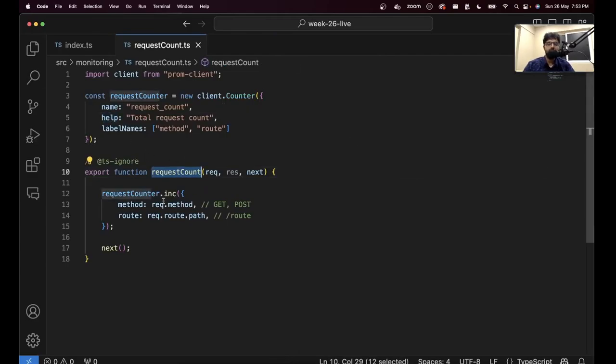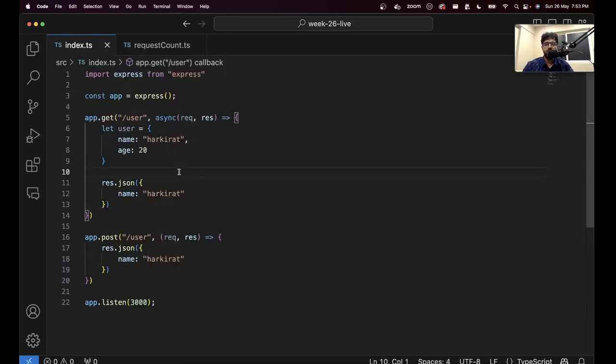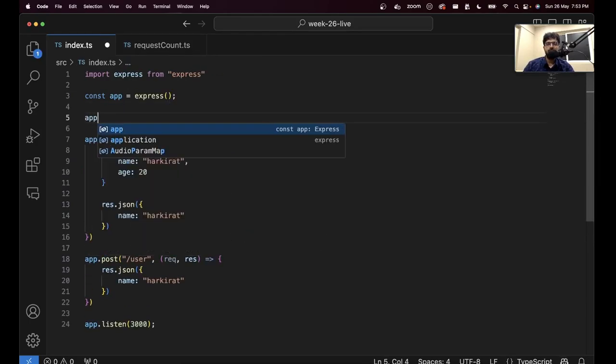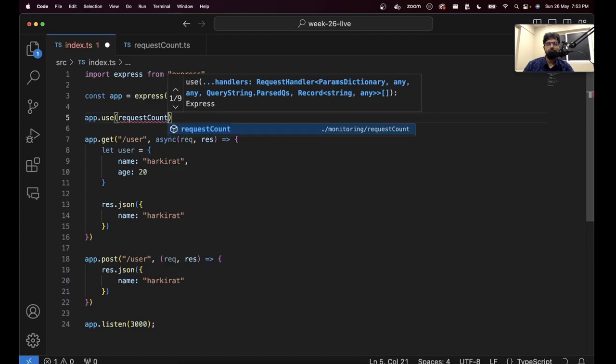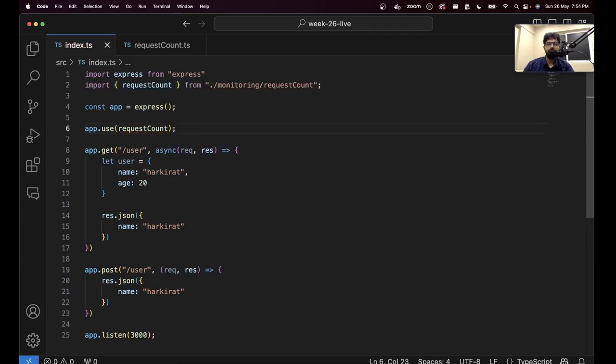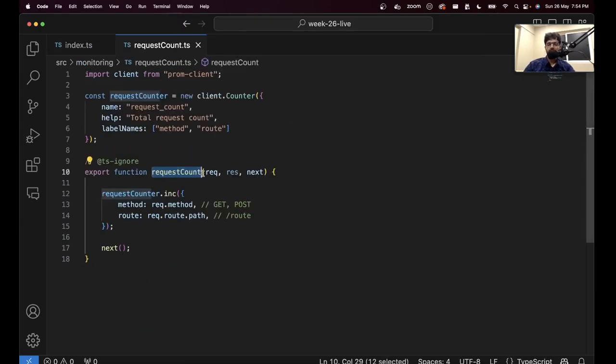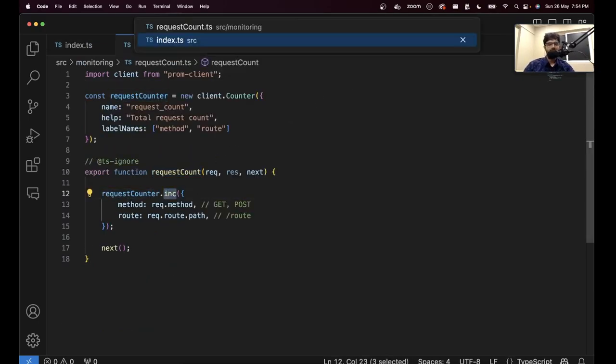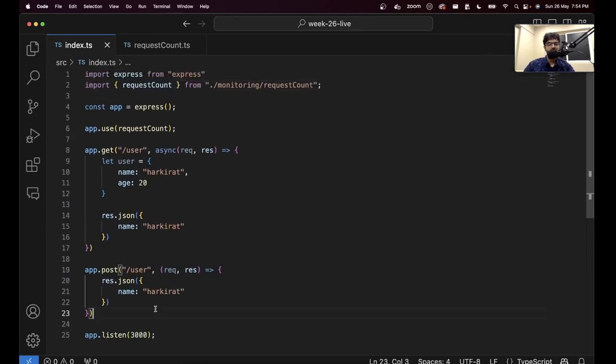We export this. What is the next thing I have to do? I need to tell the app.use request count, which is coming from here. That's all that you have to do. To start to call requestCounter.inc, we still haven't done one thing. We haven't done